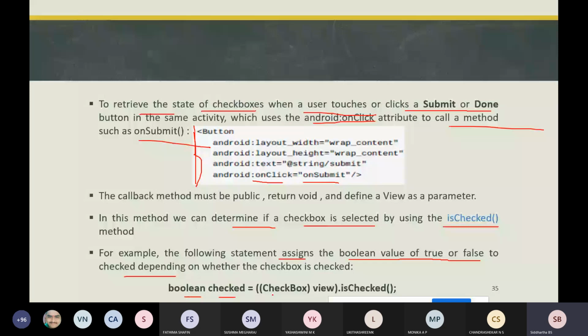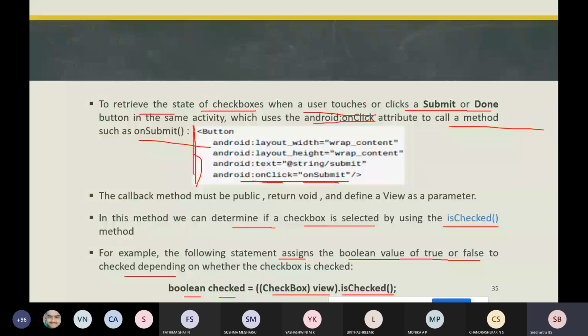So how do you use this in a method? This is how you check whether the checkbox has been checked or not. As I said, when you send the button with all the checkbox values, you will be using a callback method. Within that callback method, this is the following code snippet.